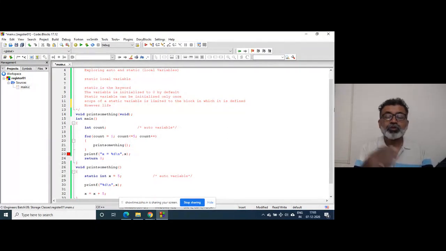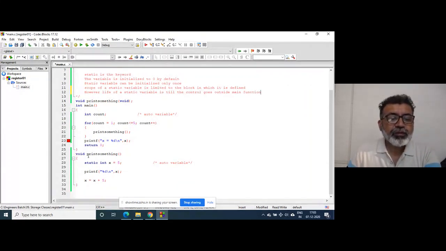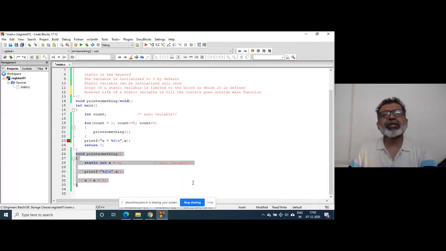However, scope is one dimension, life is another dimension. The life of a static variable is till control goes outside the main function. What is the life? When control goes inside this function the first time, except the static variable, everything is destroyed.